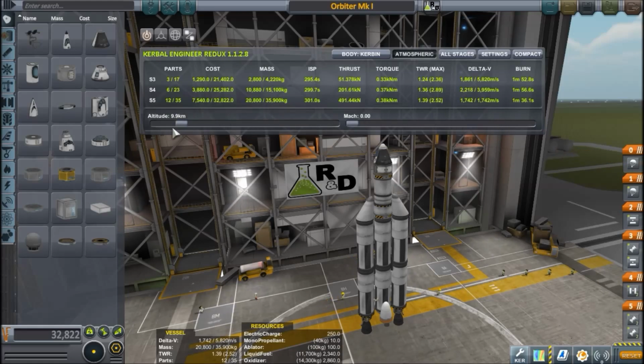So if you add these two numbers, you get the number on the right, which is 3,959 meters per second of delta V. So this should easily make orbit. Easily. And then we have the stage 3, which is when we decouple this, which is essentially the ascent stage,